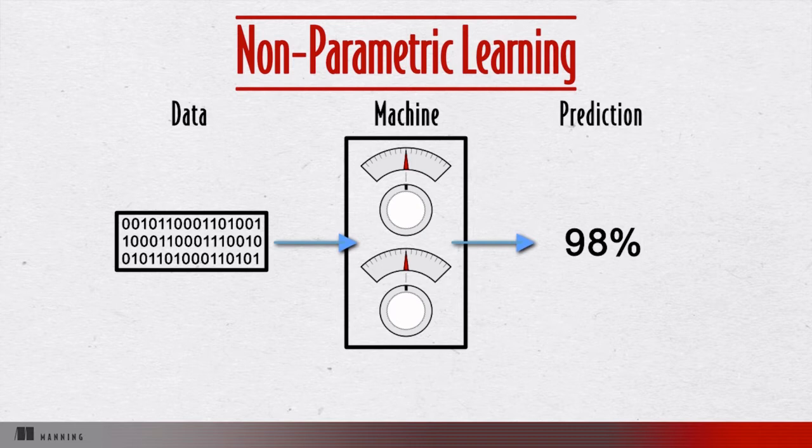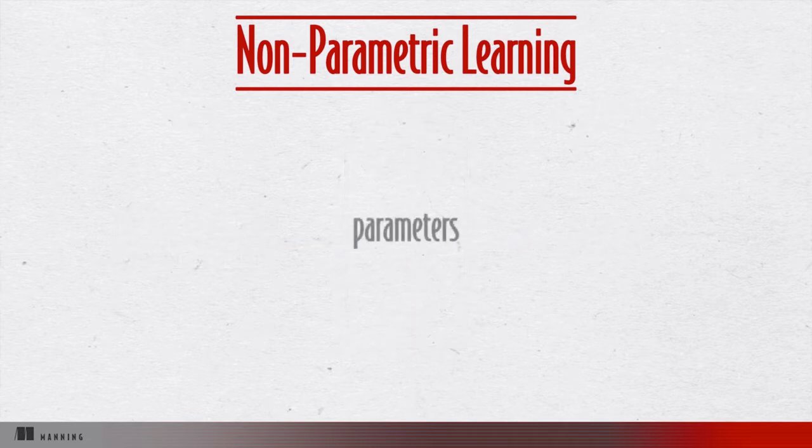Even parametric algorithms still are somewhat influenced by the number of classes in the data, even if they are not explicitly counting patterns. The term parameters is actually very generic. It refers only to the set of numbers used to model a pattern, without any limitation on how those numbers are used. Counts are parameters, weights are parameters. Normalized variants of counts or weights are parameters. Correlation coefficients can be parameters. It's simply referring to the set of numbers used to model a pattern. As it happens, deep learning is a class of parametric models. We won't be discussing non-parametric models further in this course, but they are a very interesting and powerful class of